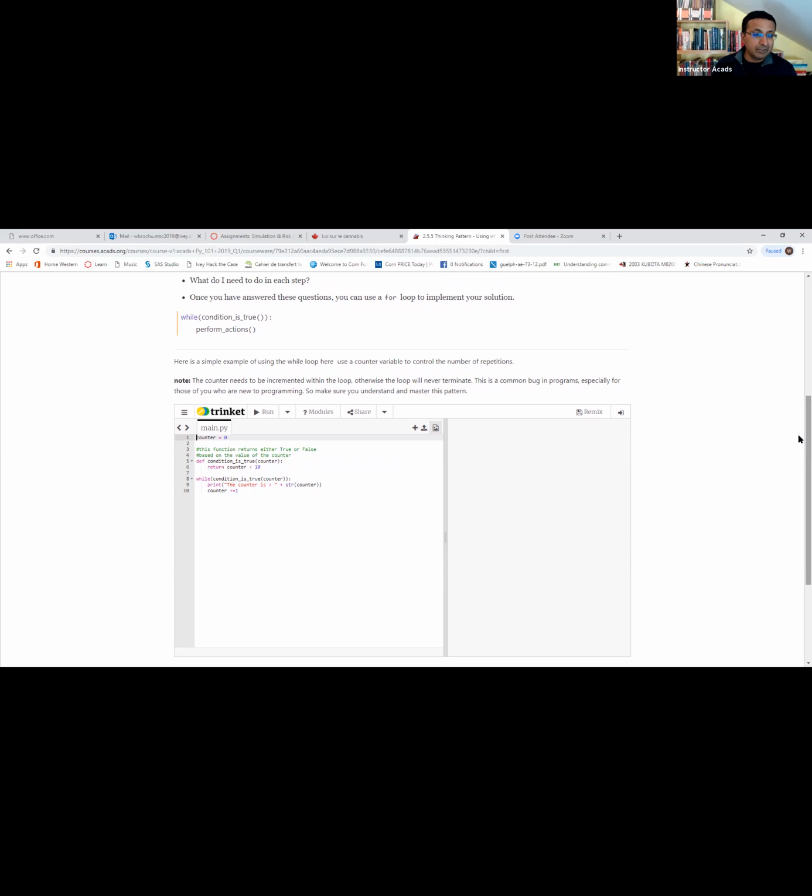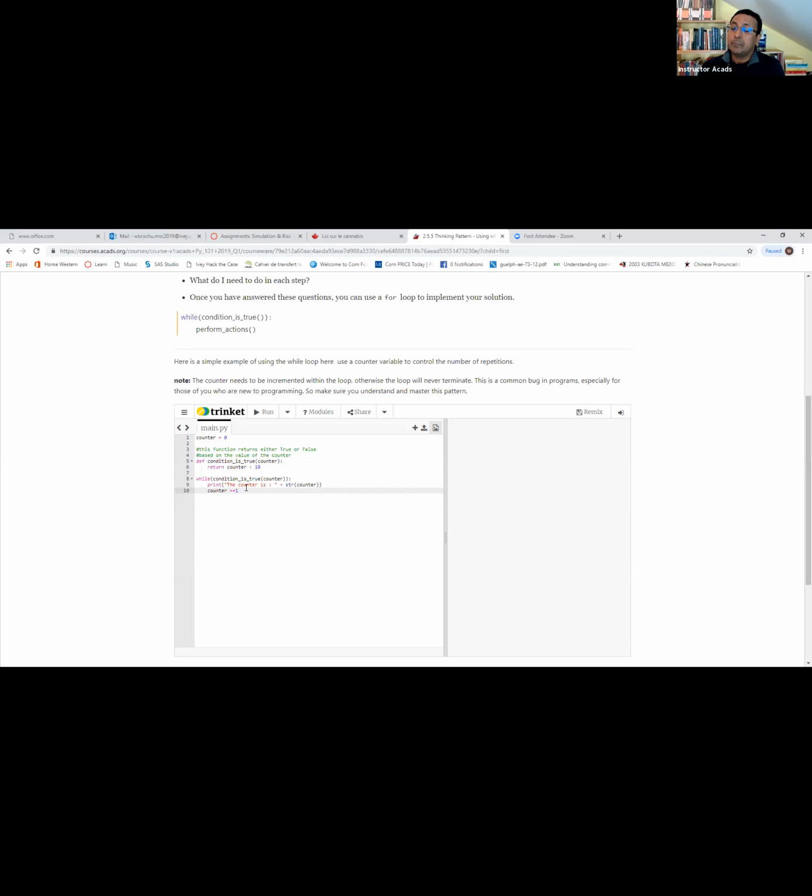So quickly, can we write some while loop? Oh yeah, in fact, the code is there. So can we just look at it? So this is a simple counter-controlled repetition. So here I'm doing a while loop, which goes up to 10, right? Up to counter less than 10, so up to 9, okay? So this is an example of where I could have done it easily with a for loop. But I just want to show you how I've taken the condition and put it into a function. And then the while loop has a simple